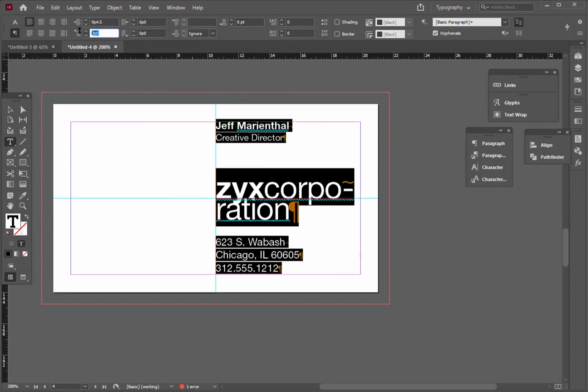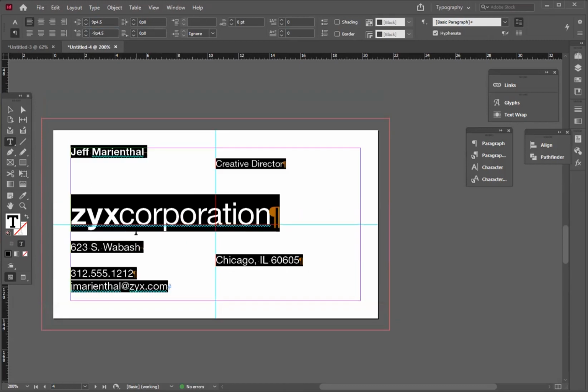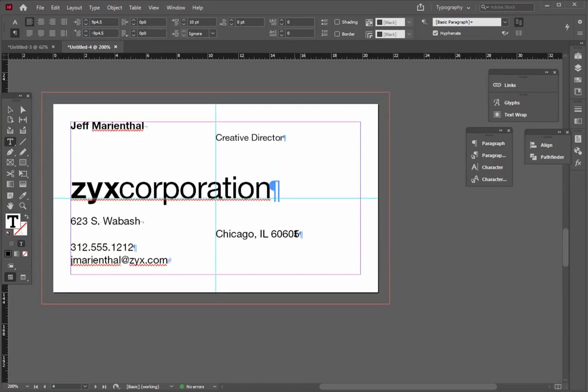I want to have a first line indent that is minus 1.5625 or minus 9 P 4.5 points, 9 picas 4.5 points. And it should look like that. And it's not quite what I had in mind, so I'm going to put soft returns in here. I don't know why I didn't use soft returns on the first one. And then